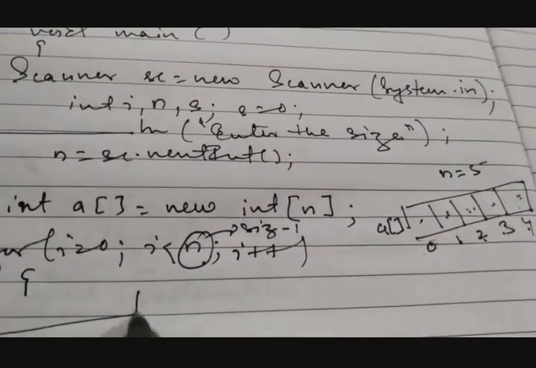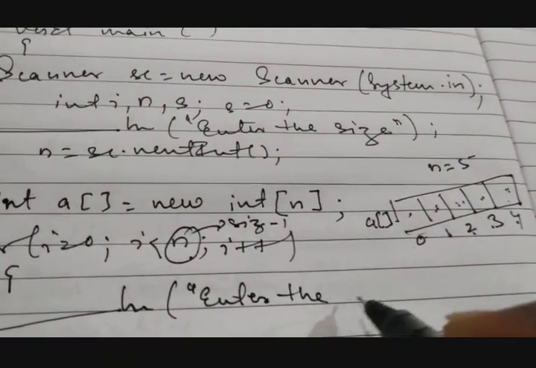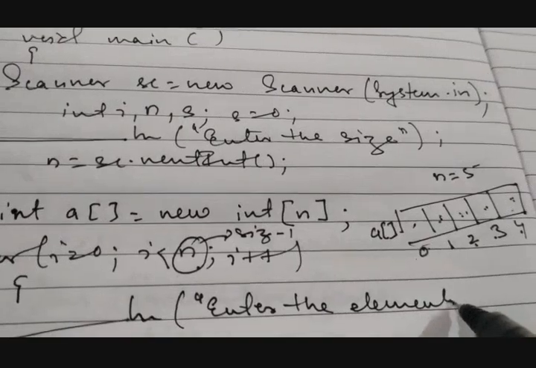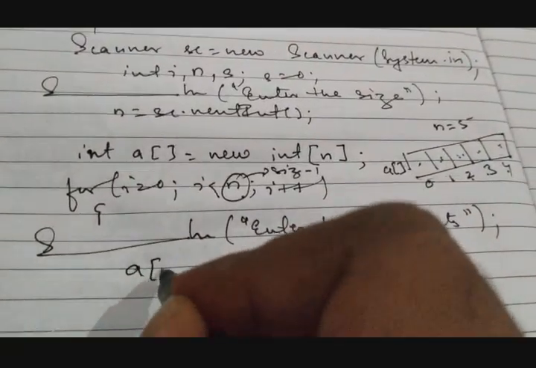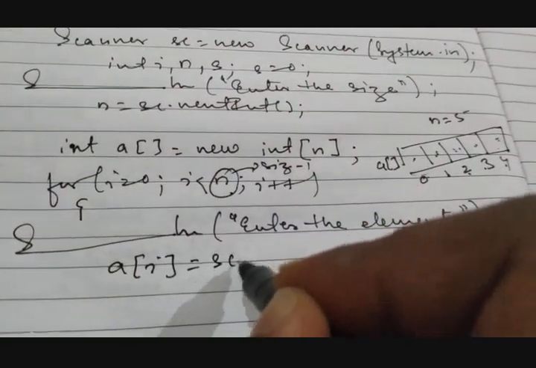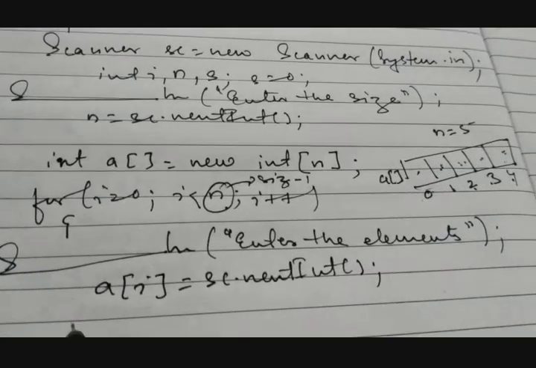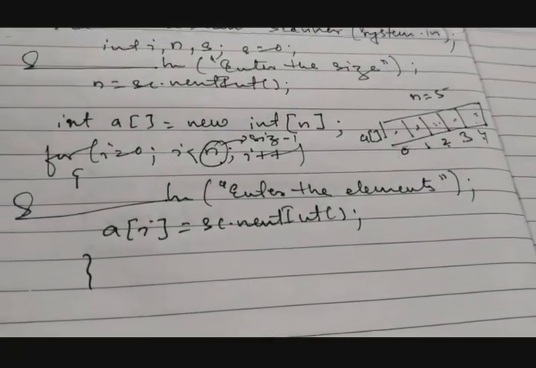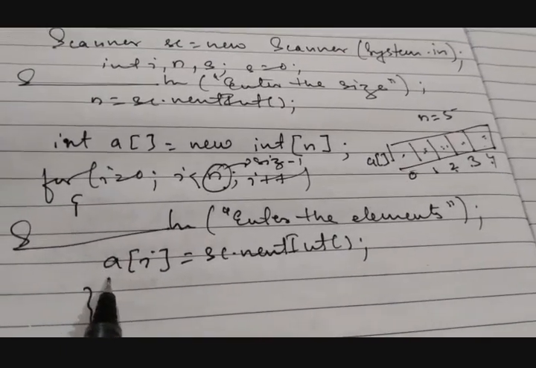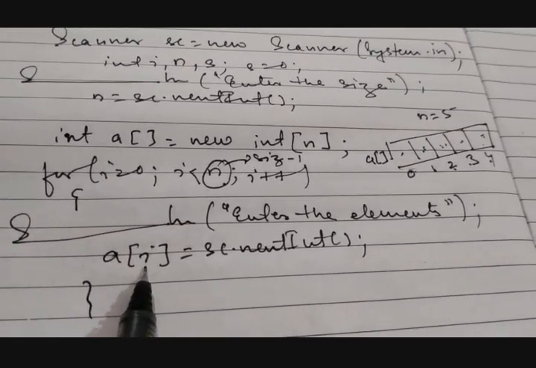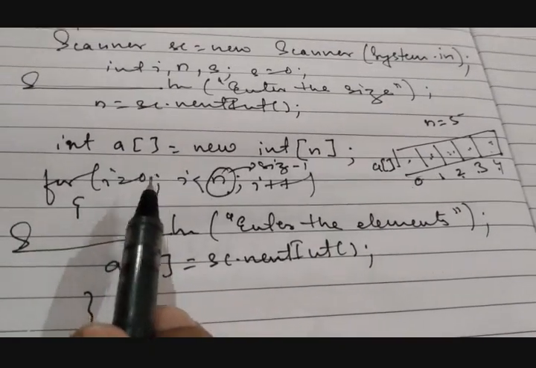Now system.out.println, enter the elements. Now where do you need to enter the elements? a of i equals to sc dot nextInt method. जैसे एक वेरिएबल में इनपुट कराते थे तो वहां पे एक वेरिएबल में इनपुट होता था, लेकिन अब यहाँ पे एरे के एलिमेंट में इनपुट कराना है, इसीलिए एरे के इंडेक्स में, तो एरे के इंडेक्स में वो इनपुट करेगा।